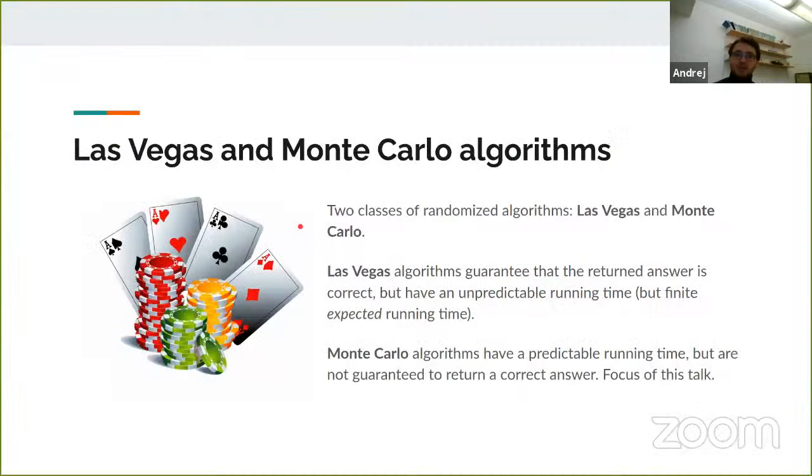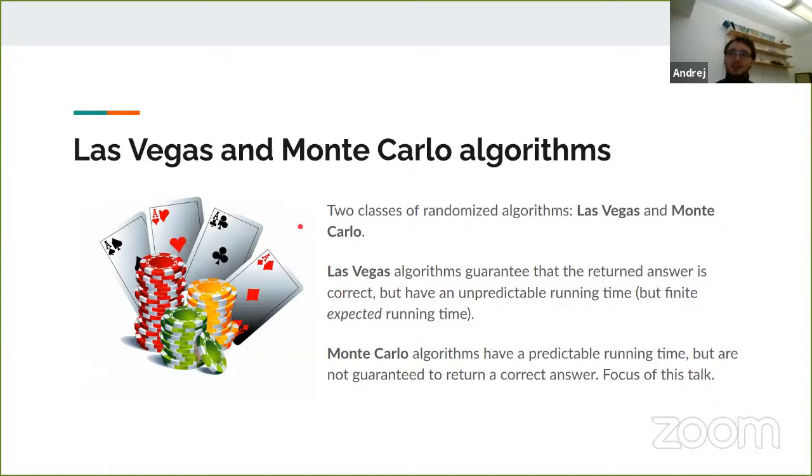We tend to talk about two broad classes of randomized algorithms: Las Vegas algorithms and Monte Carlo algorithms. Las Vegas algorithms are those that guarantee that the returned answer is correct, but their running time depends on what the input is, and it could be infinite. Their expected running time, the mean running time, should be finite, and it should show a clear advantage over a deterministic algorithm. So on average, it gives you a better time than a deterministic algorithm, but in the worst case, it could indeed